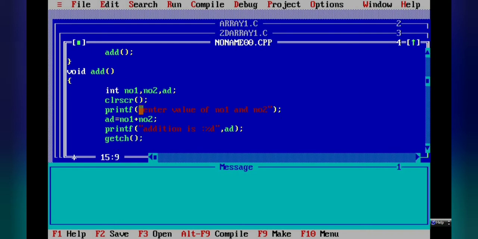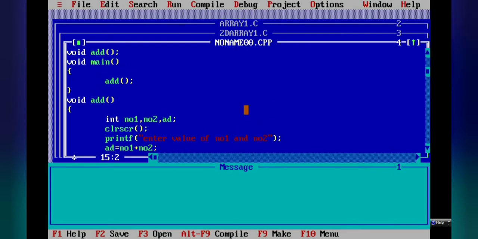So you can see here in the void main we haven't written anything. So this makes our program size very small. Whatever content you are writing in the main, that shows your program size. So here you can see our program size is only one line we have written over here.